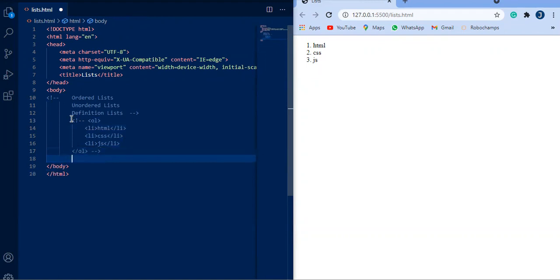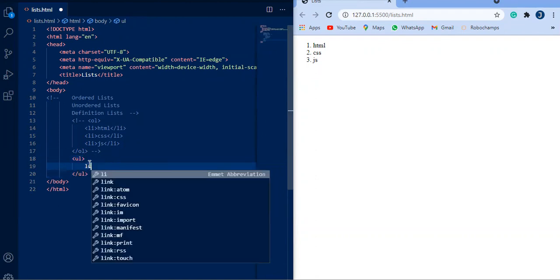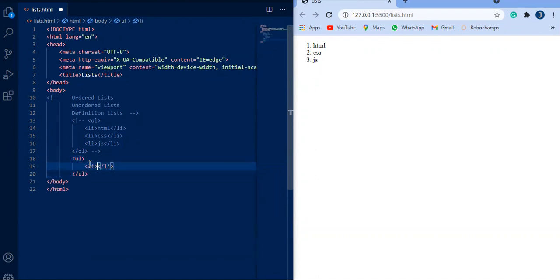Next, we're going to talk about unordered list. So it starts with UL. The previous one we used OL. This is UL, unordered list, and inside it we write li items. For example, I'm writing 1 kg of onions,